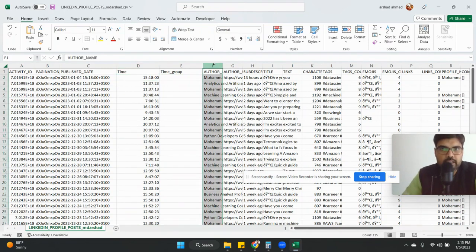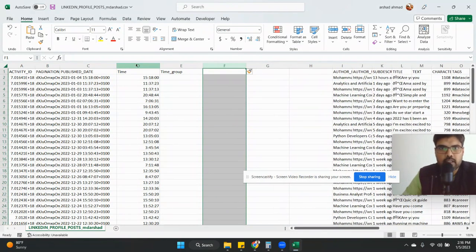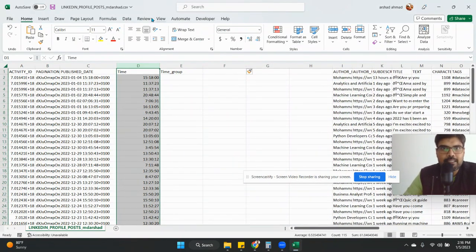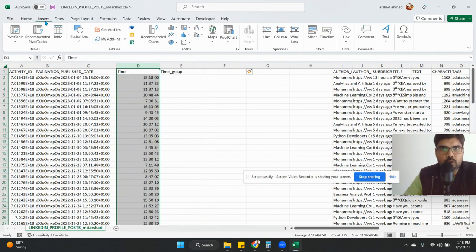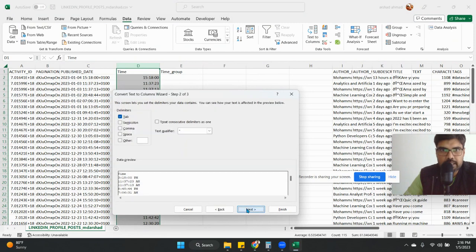You can do two things, right? I will give you the quicker option. Quicker option is text to column. So what I will do is I'll go to data, go to text to column, delimited by other, and then